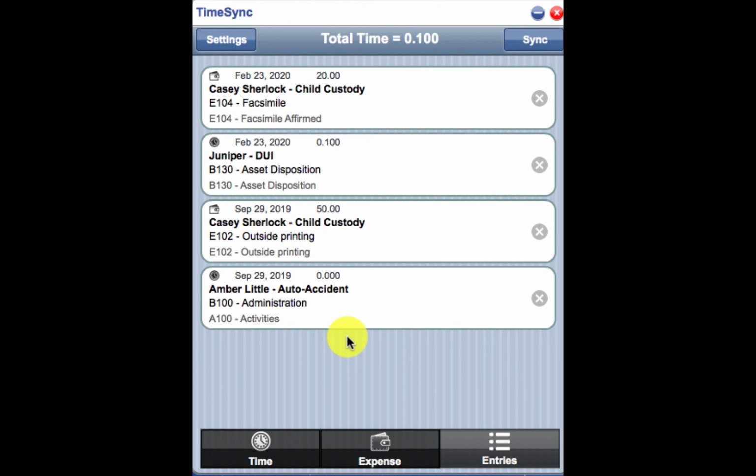Next up, over here we have our listed time and expense entries that need to be synced. Anything that's listed under here has not been synced over yet to the TimeSolv web application. So if I go ahead and click sync,